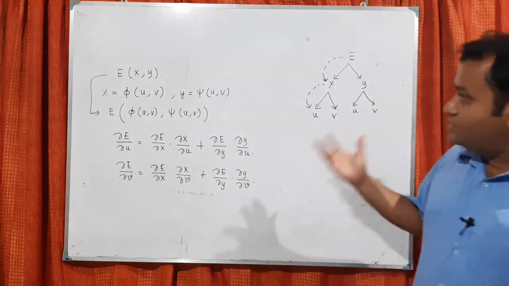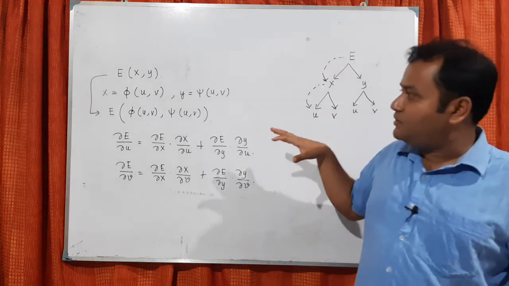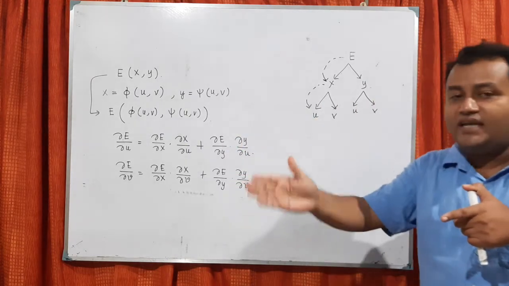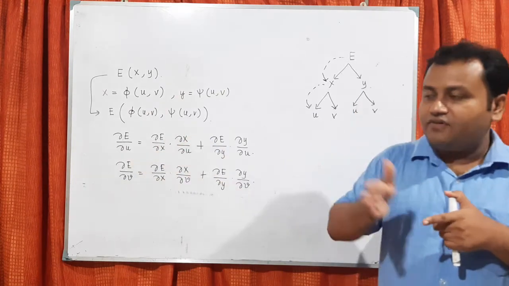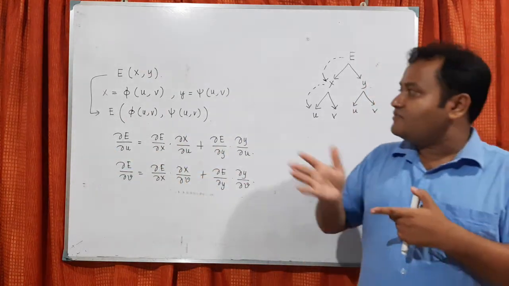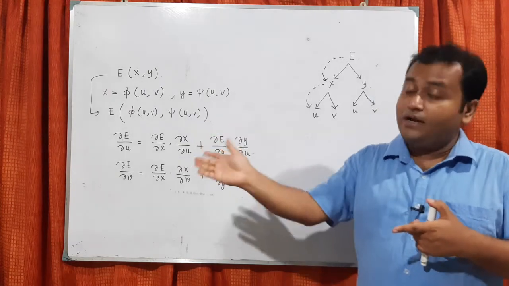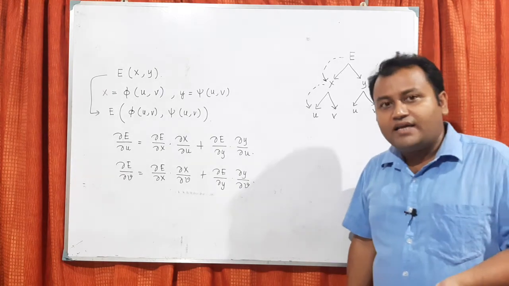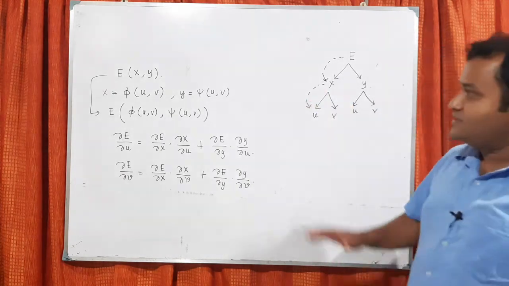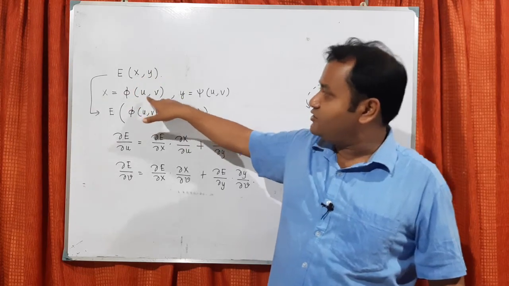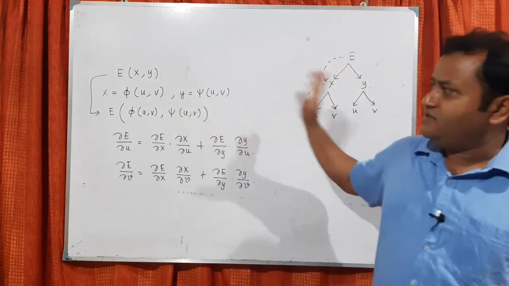Then we gave the concept of multivariable and the chain rule derivative. That is, E is a function of x, and x is a function of t; E is a function of y, and y is a function of t. What will be that situation? And E is a function of x, x is a function of u and v. Similarly for y, what will be that situation? But basically for our calculation, we need the previous one, the simple one: E is a function of x and y, and x is a function of t, y is a function of t.